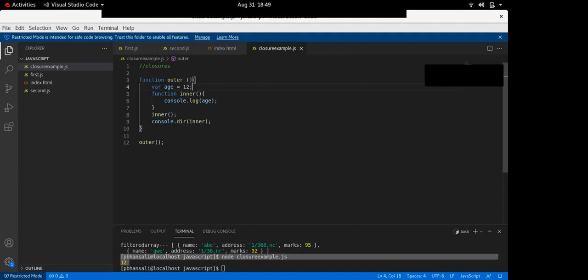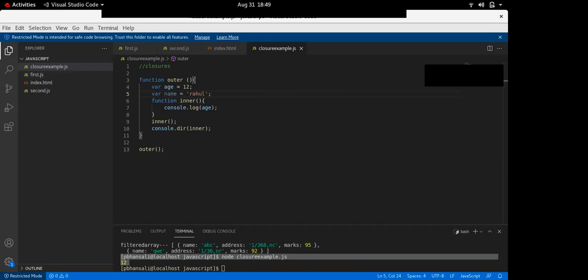One more thing: for example, now there was another variable, this name variable.